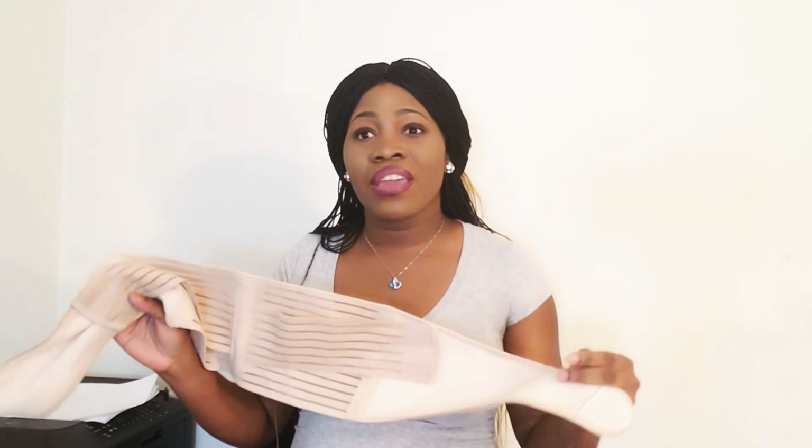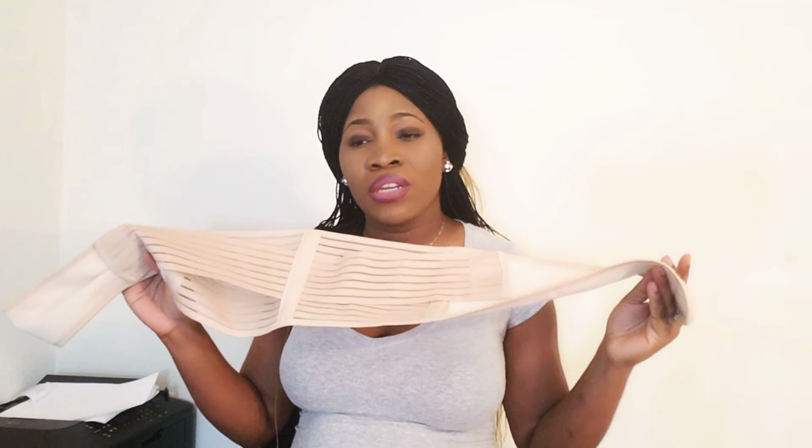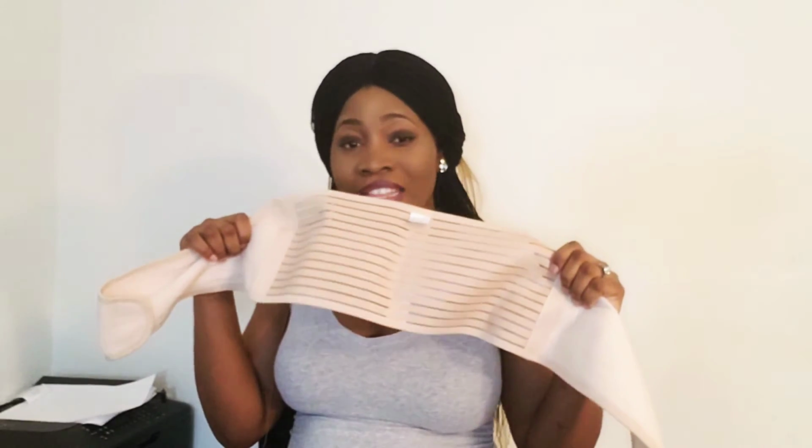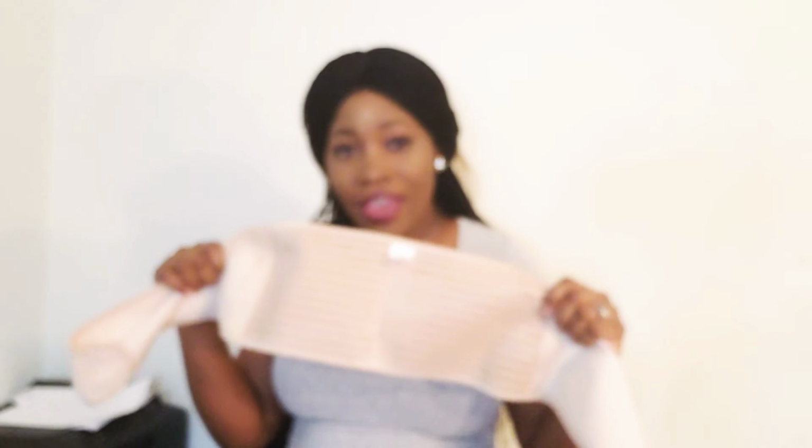After the pregnancy, I put this belt on 2 weeks and 5 days after my delivery. Guys, sorry, my camera just keeps going out of focus. Guys, this belt was everything to me. I put this belt on, and